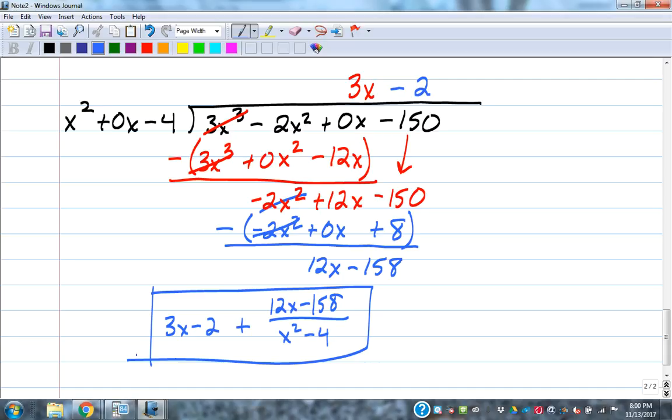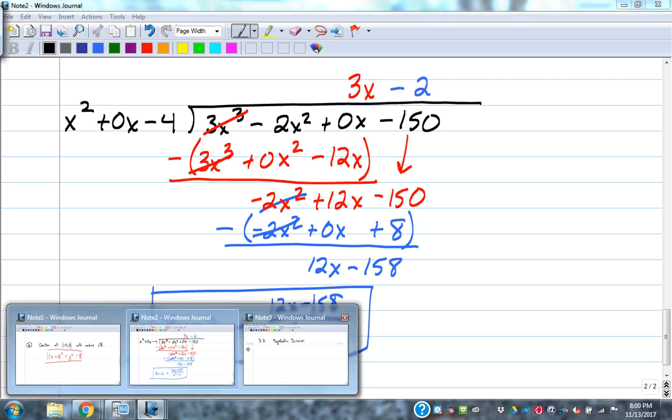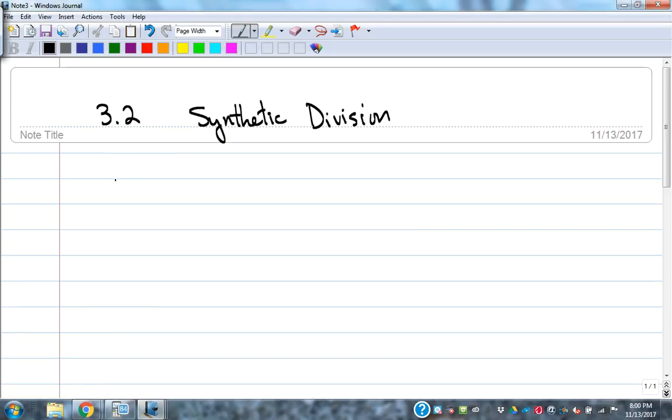Okay, and so long division, it's one of those things that's going to come back up in 110 because we do some stuff with rational functions, and you've got to do some long division there to get some of the things built in there. But synthetic division is a very useful tool in polynomials, which is what we're going to use it for in Math 100. We'll use it some in Math 110 as well. So let's look at synthetic division and see what we can do with it. So synthetic division, as I said,